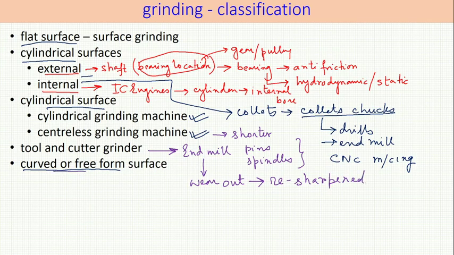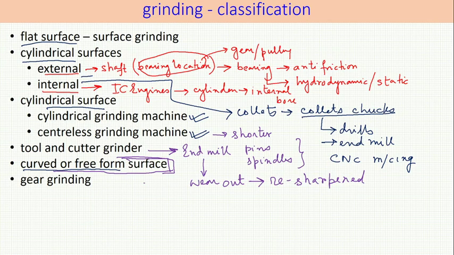As far as free-form surface grinding, this is going to be an assignment later on when we formally start giving assignments, that you have to find out how to grind them. The hint lies in how you machine free-form surface. If you know how you machine free-form surface using a similar geometric tool, it can also be ground. So there lies the hint. Today you need not take this assignment. Assignment should be formally provided to you.